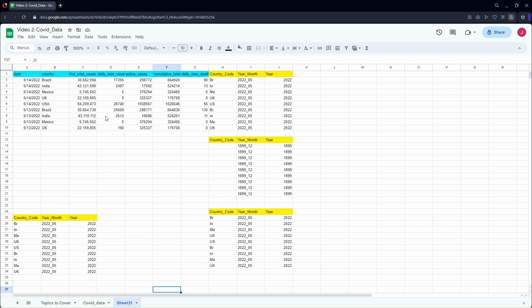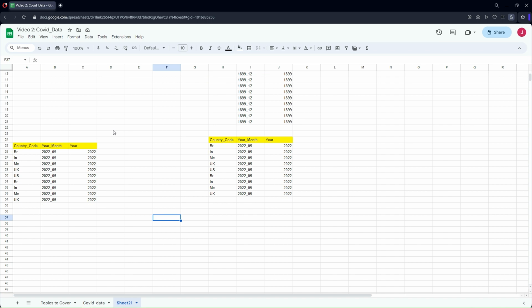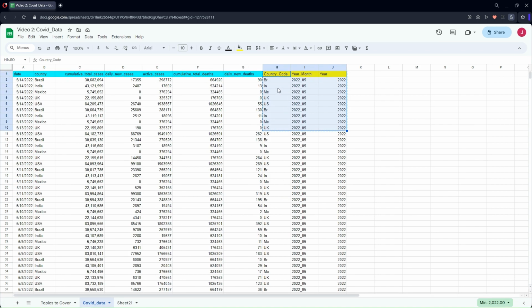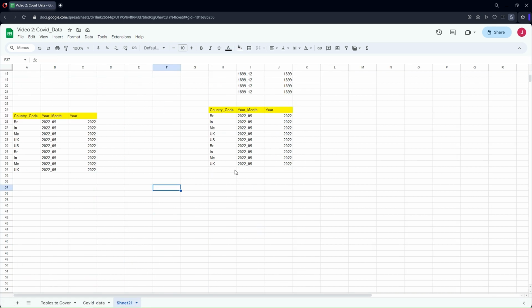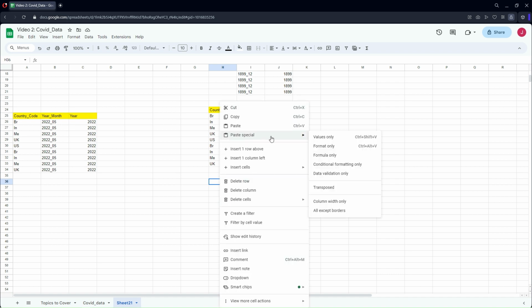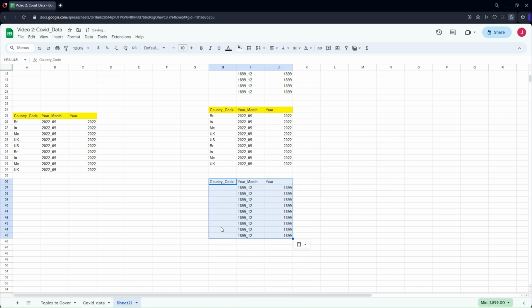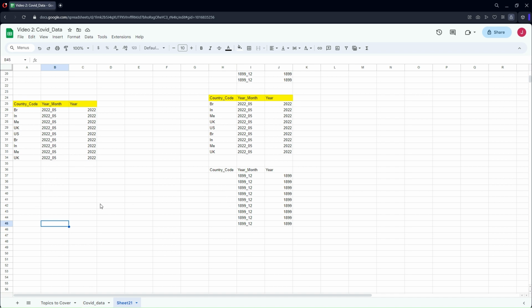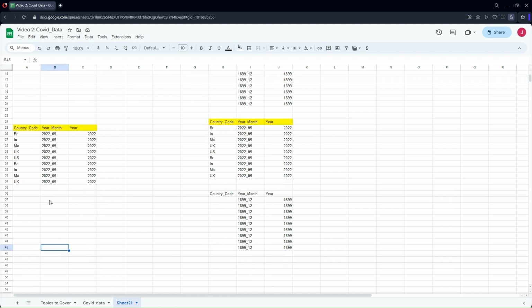Now there are other options available as well while copy pasting the data. If I copy the data again here, I can paste the formulas only as well. So it's just pasting the formulas, and since there are no values in the cell B45 here, it's showing as blank. And if I do formula pasting at this particular location,